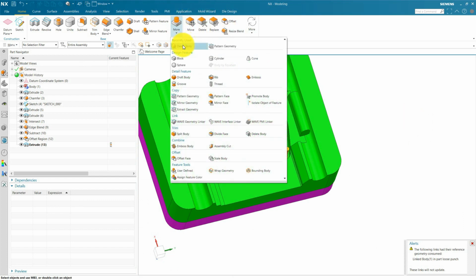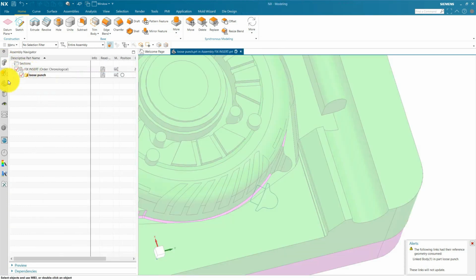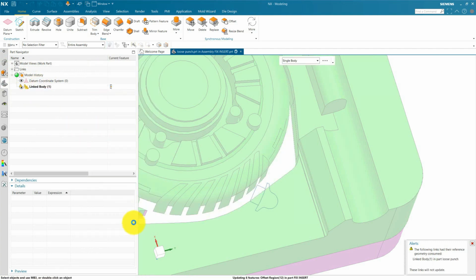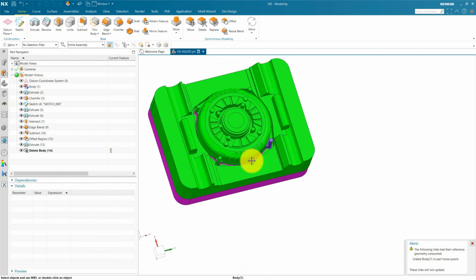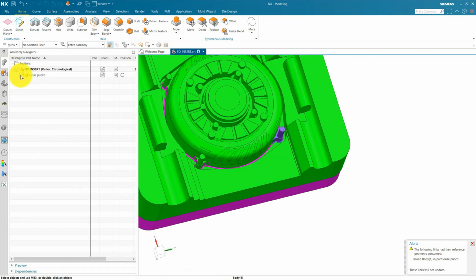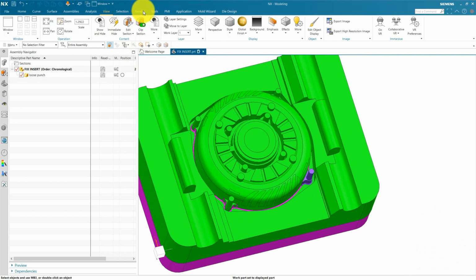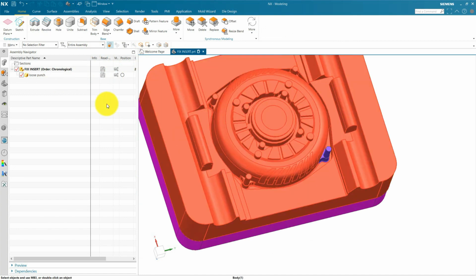So now we are going to use delete body and delete this body, and then again we are going to update the link body and use fix time stream before delete body and press OK. Now everything is OK and our assembly is clean. You can use any method. I showed you both methods, and you can also update your model, so you can see there is no error when we update our body.